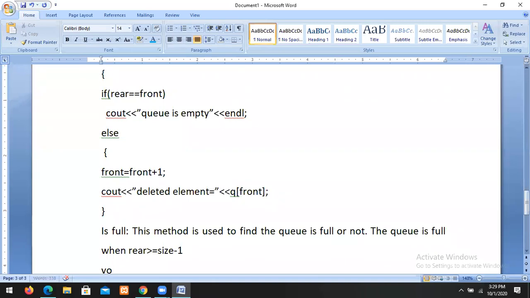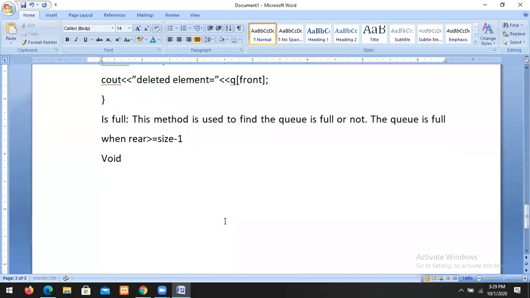So what is the algorithm? Void Q is full. There is no space allowed in the case of functions. If rear is greater than or equal to size minus 1, cout Q is full.